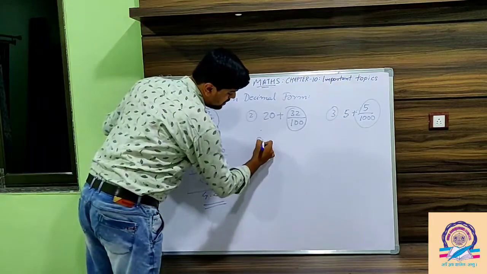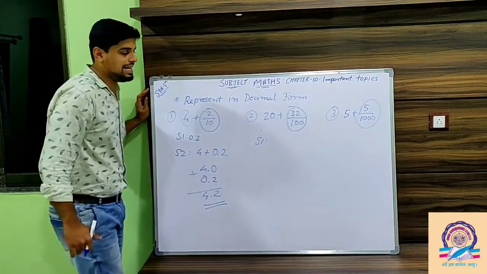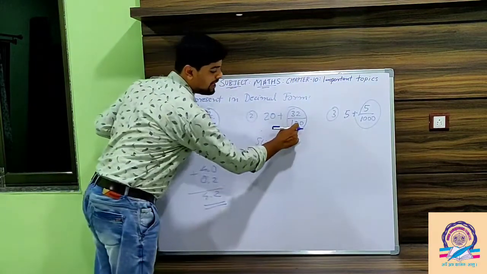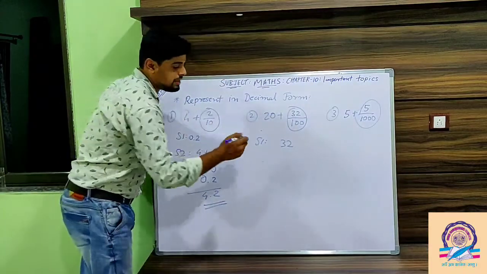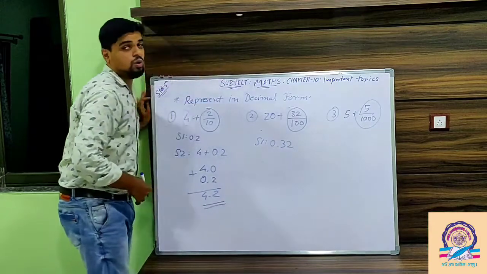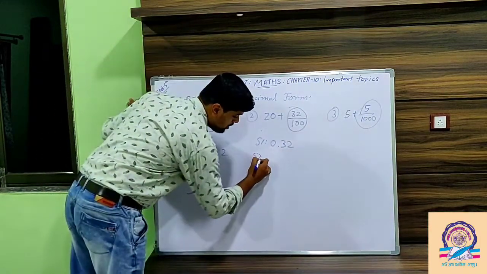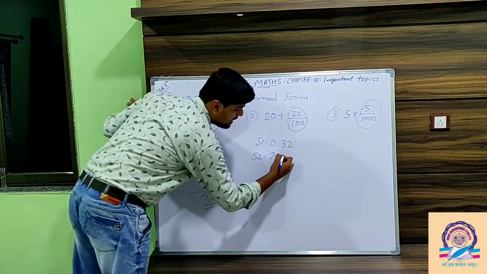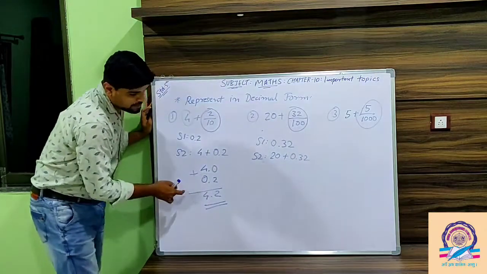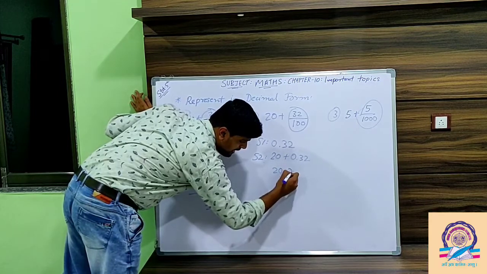So again, step 1, we have to convert this particular fraction with hundreds into decimal. So our decimal digits will be 32, as it is. Then 20 means 2 places after the decimal point. Then we have to insert 0 since no further digit is present. Again in step 2, we have to add 20 plus 0.32. You can do it by this method: write 20, then put a decimal point and 20.